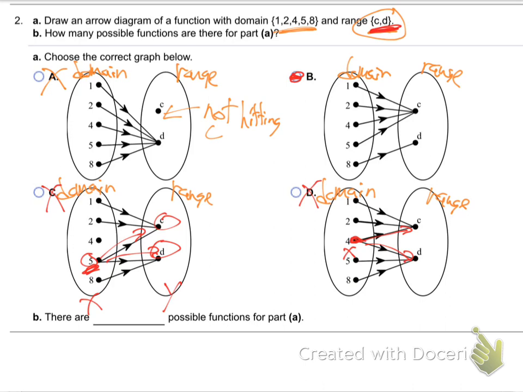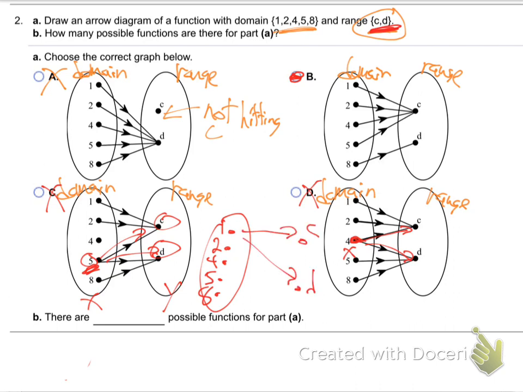And how many different functions are possible? This is a weird question. How many different functions are possible? Well, basically, when you start off, I do it down here. You're going to go 1, 2, 4, 5, 8, right? I don't even have room. Let me try to do it right here. So 1, 2, 4, 5, 8. Each of those guys can go to C